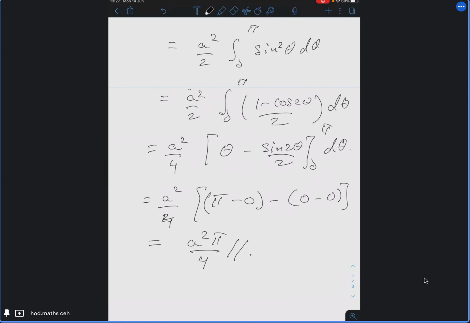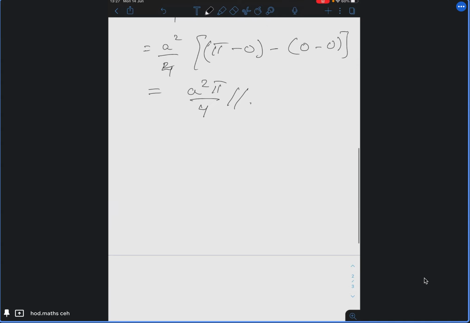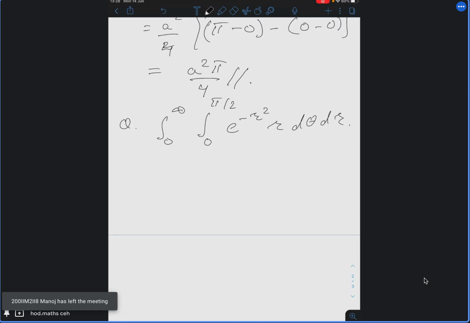Okay. So this you can easily do. This is one case, the most general case, where the limits of r are in terms of theta and theta will be some values. So here I'm not going to consider all such examples. You note down these examples, or at least try one more. Integral 0 to infinity, 0 to pi by 2, e to the power minus r square r d theta dr. Now tell me what are the limits of the variables here. What are the limits of r and what are the limits of theta?